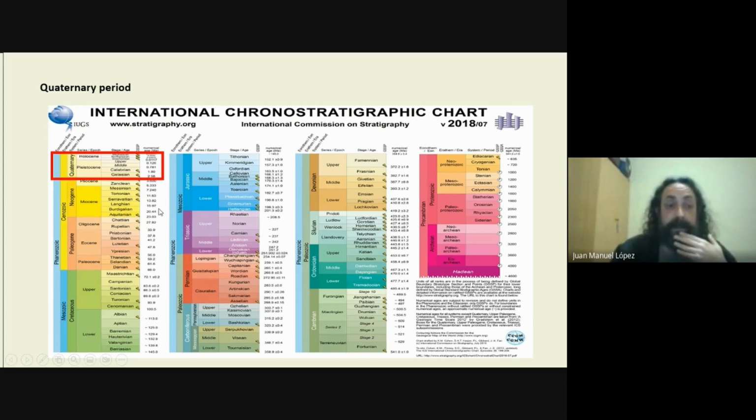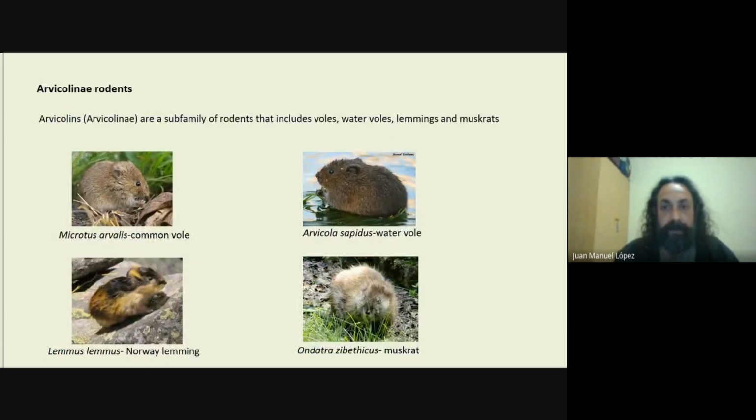Here is only the chronological chart of the Quaternary, to show that we are in a very small time period from 2.58 million years to present, but we can make the biochronology of ancient sites with the small mammal assemblages. Also, if we have other things to make that with, it's always interesting to compare